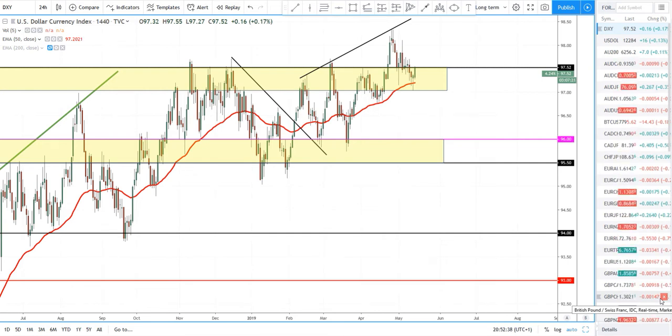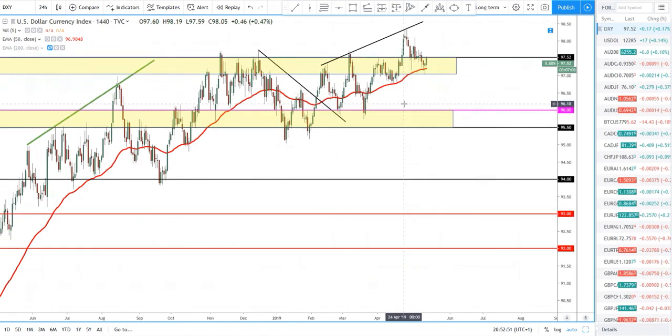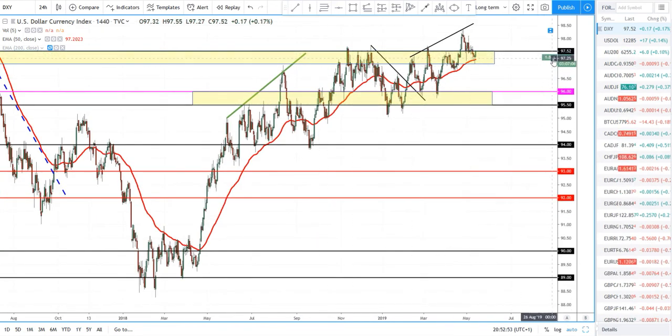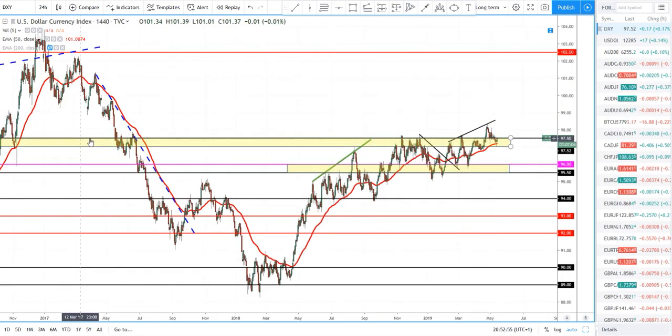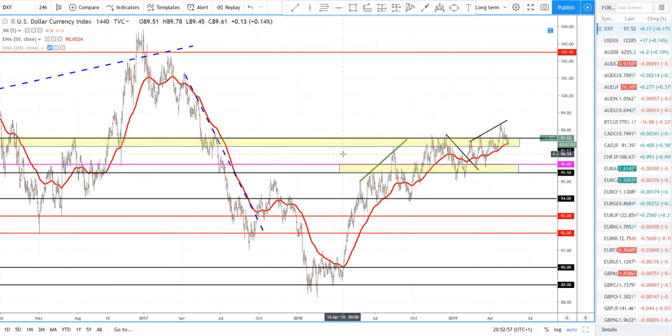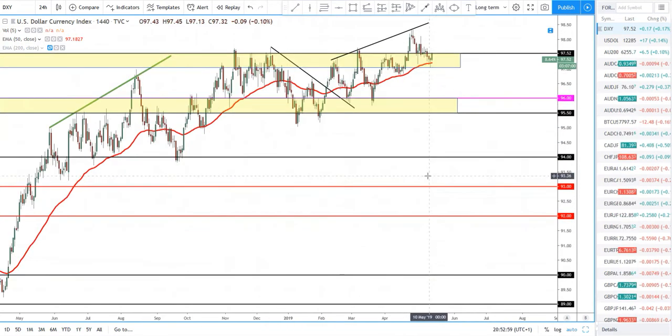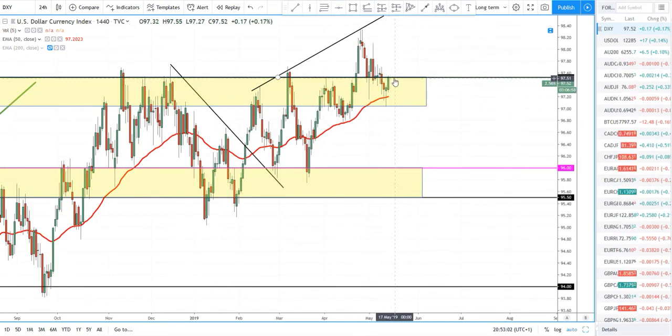So looking at the daily chart on the DXY, it says to me we could be in a bullish situation. Bear in mind we've tested this daily 50 EMA and almost tested the bottom of the box there. And I can see why people say, yeah, long. I have a little problem with that, and the problem is this key level of 97.5. It's been so key throughout the last several years or so that trading into this level is not what I'd